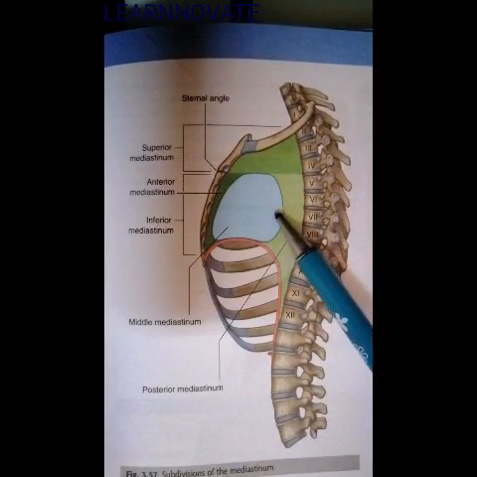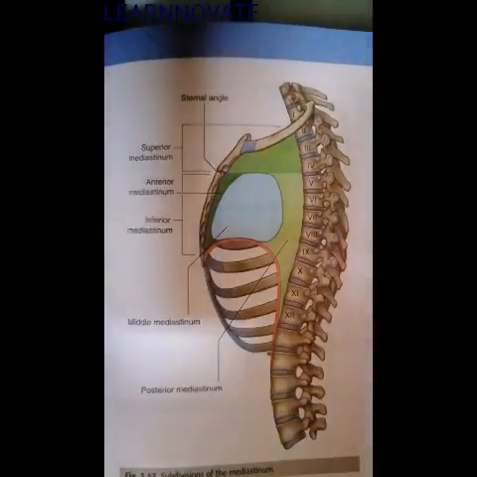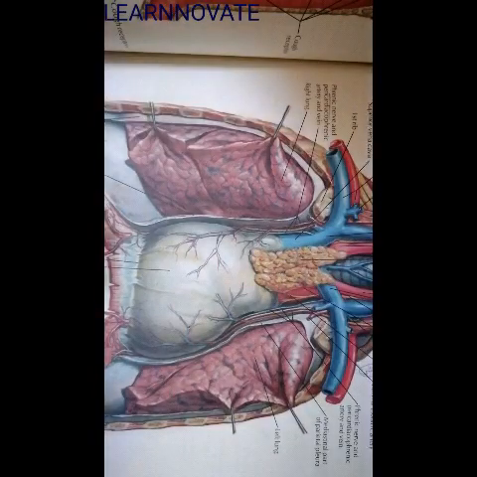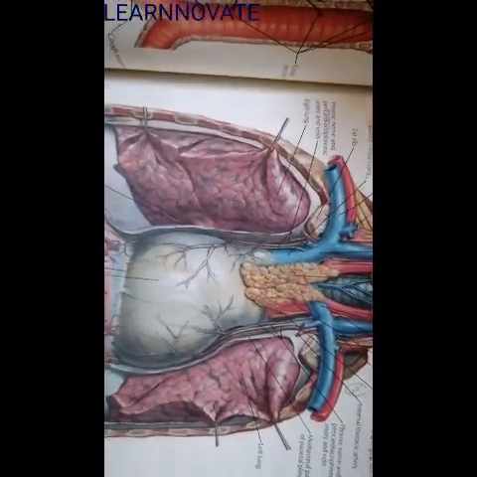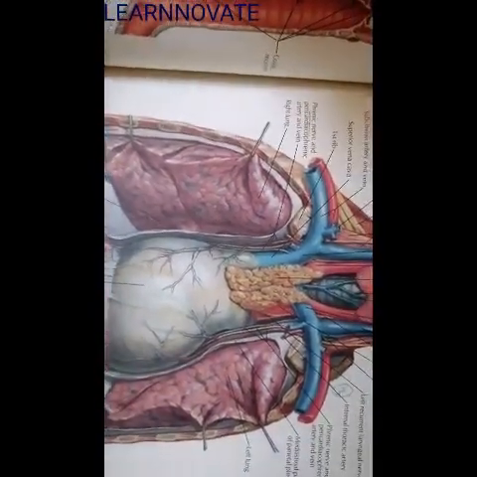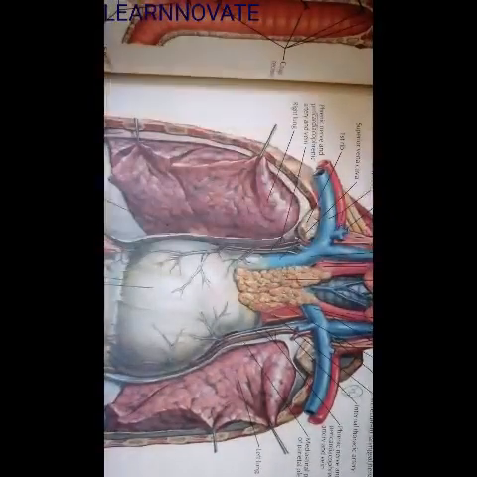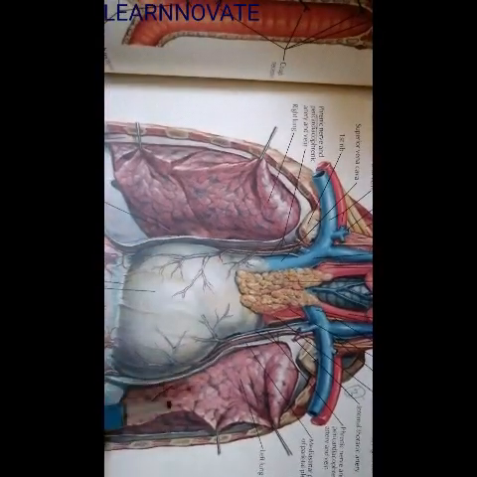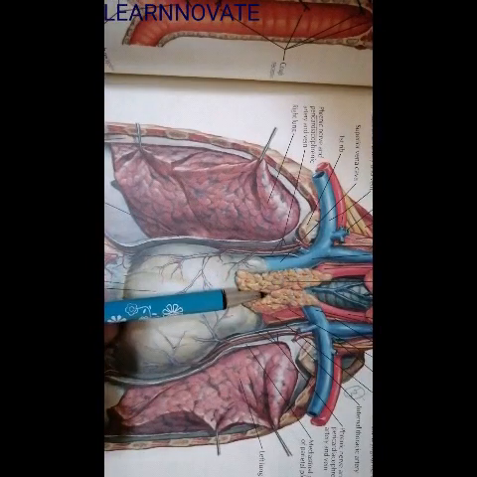Now coming to the contents of these three mediastinal parts one by one. In the anterior mediastinum, we can see the thymus gland and a ligament. Here it is shown the ligament and the thymus, and this is the anterior view of the heart. This diagram clearly explains how the mediastinum is divided anteriorly. If we see the thoracic cavity anteriorly, the anterior mediastinum comes into view first. The anterior mediastinum contains the thymus gland, which produces T3 and T4 and some lymphocytes.